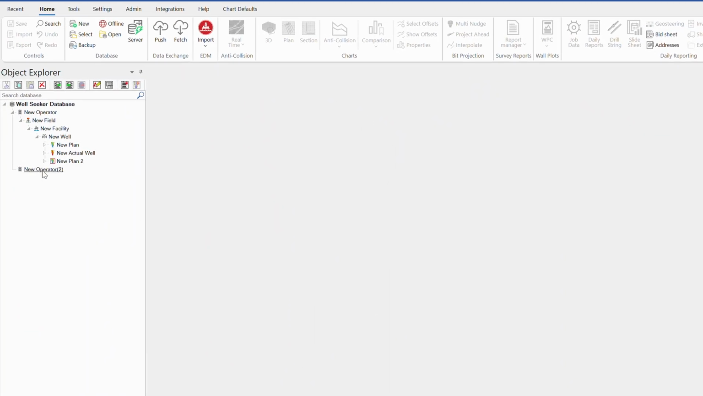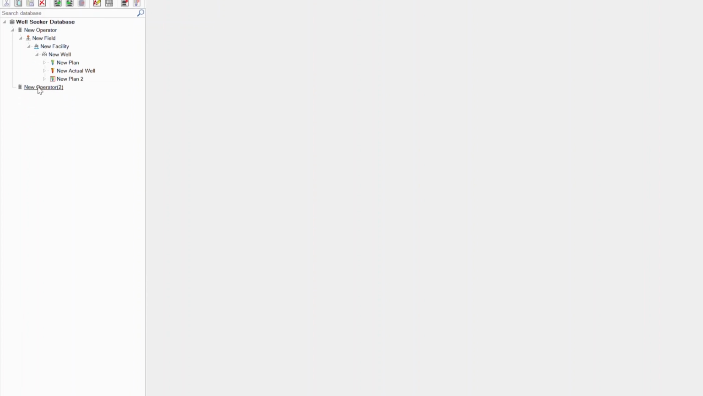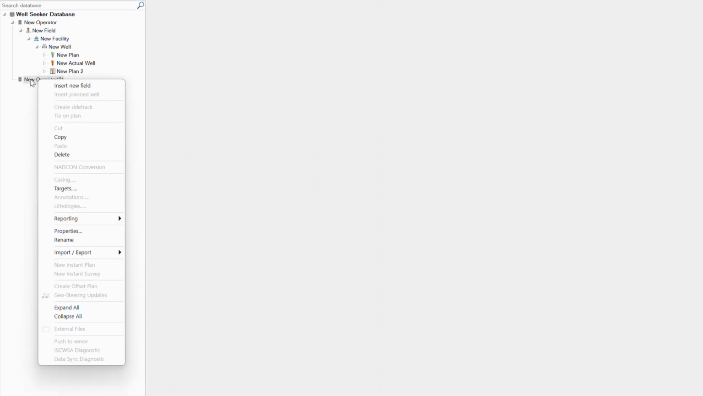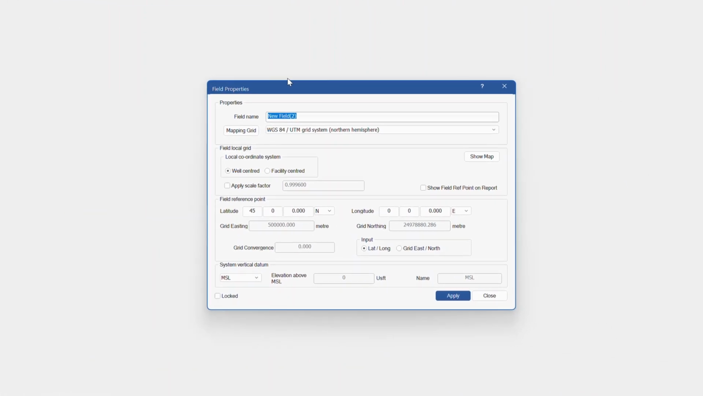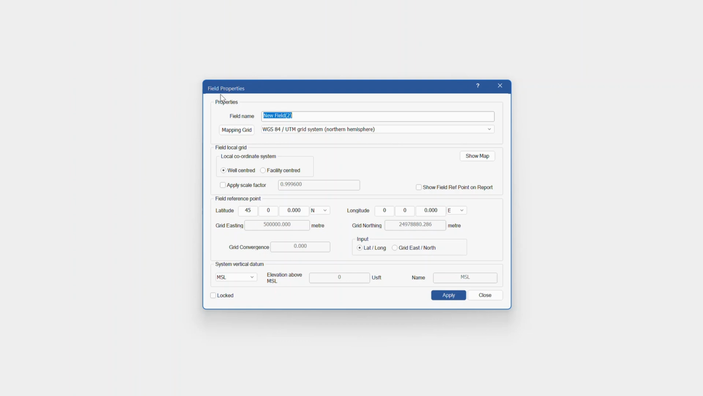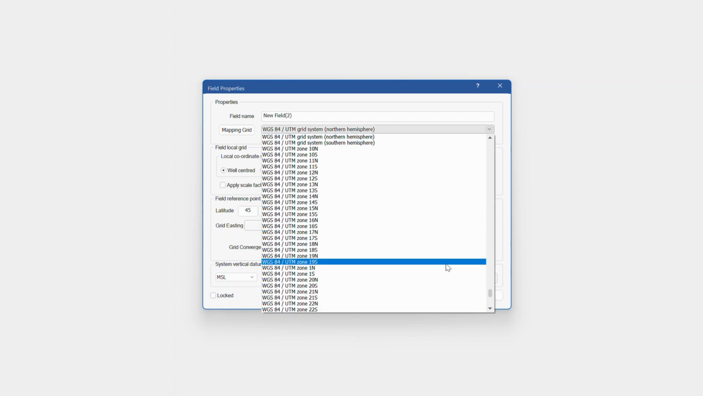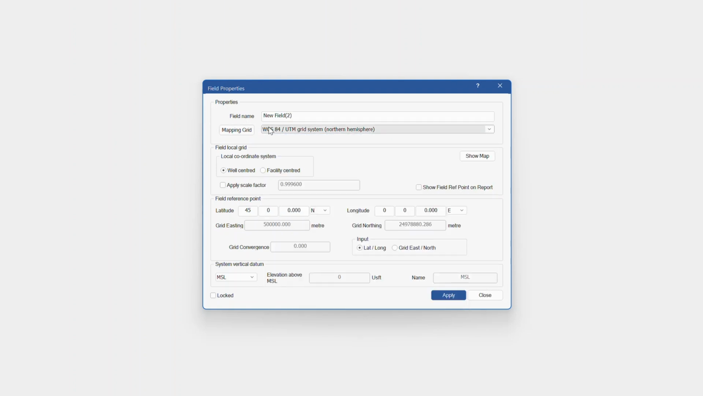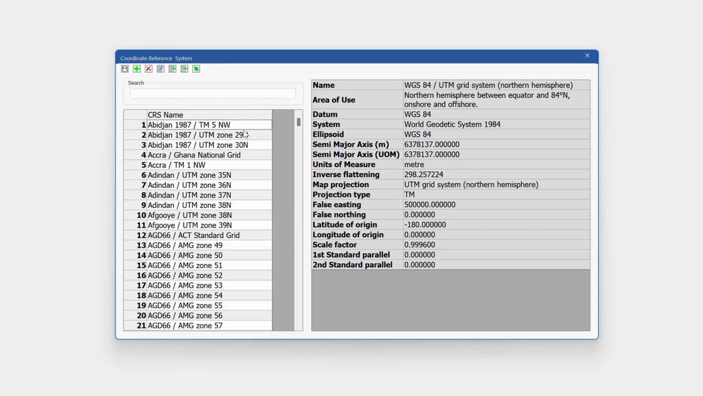We now have our new operator in here, and I can right click, and because I'm at operator level, I can now insert a new field. If I insert a new field, this opens up our field properties dialog. So we put our field name, we can select our mapping grid from this drop down menu. Personally, I prefer to access this via the mapping grid section itself. So if we click on that, it now opens up